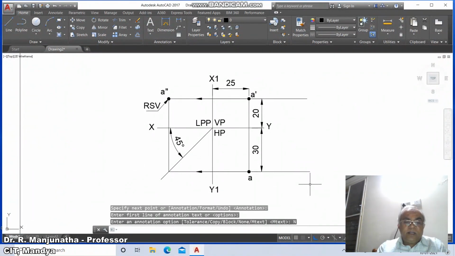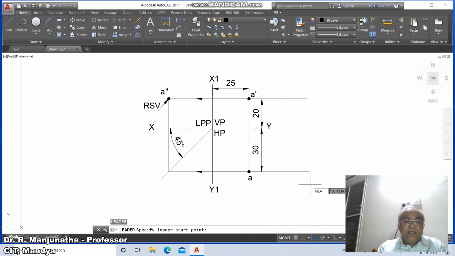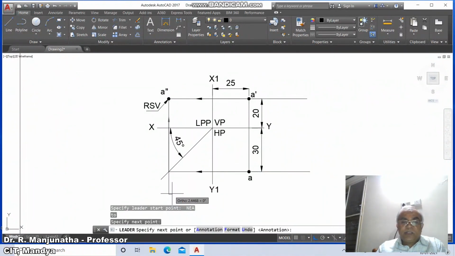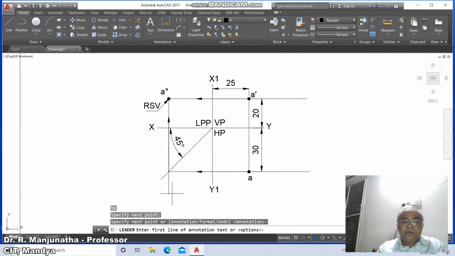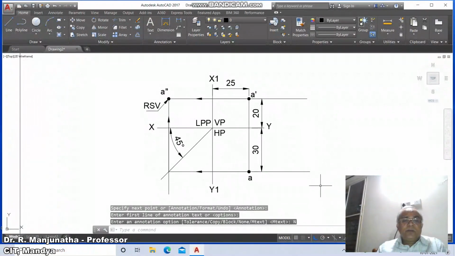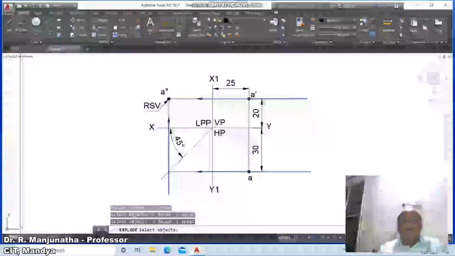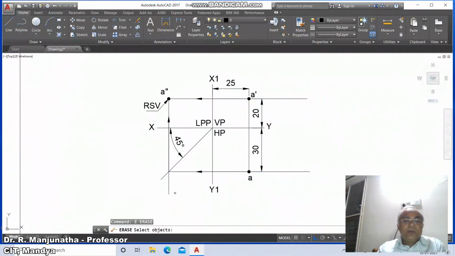Then similarly, leader, nearest to, select this and then click it here. Annotation, enter, options, by default enter, select none. So now we go for explode, select this arrowhead and this arrowhead and also this arrowhead leader. So go to erase, select this, erase, select this and erase, select this.